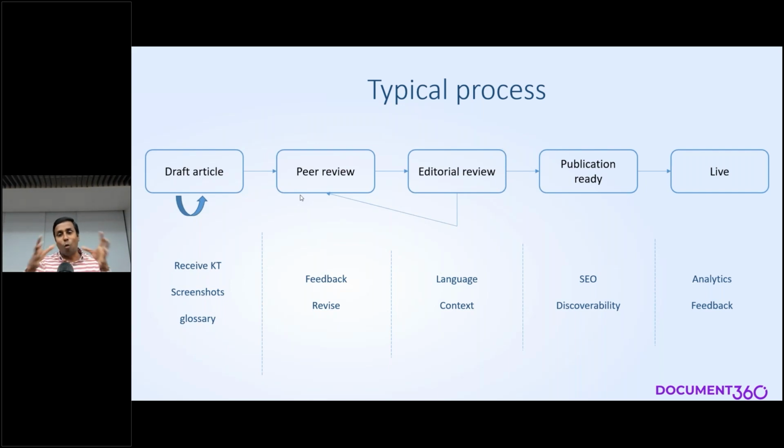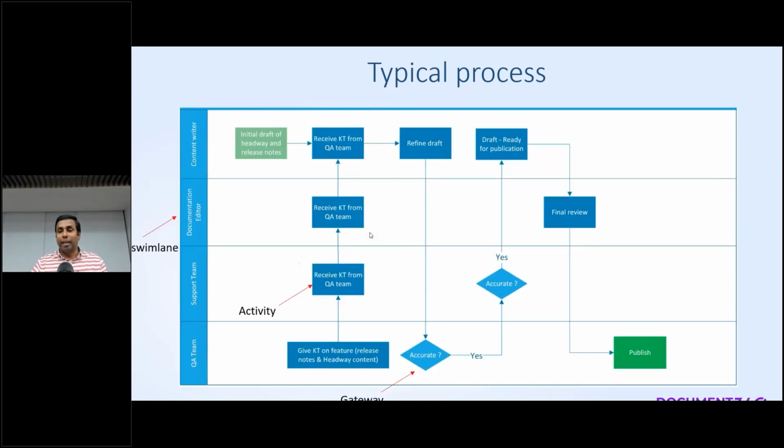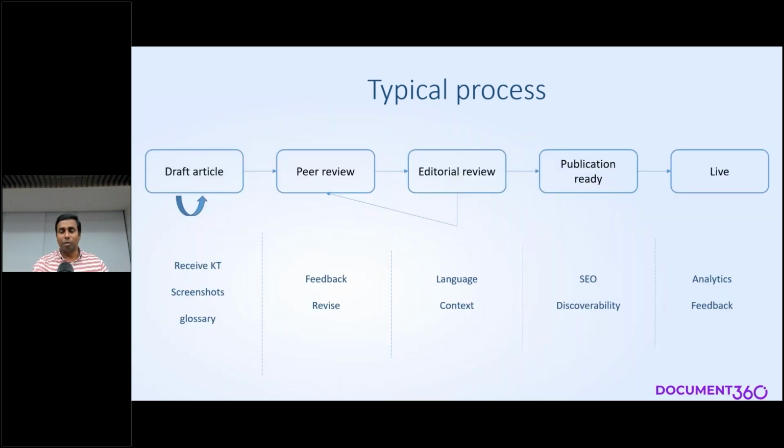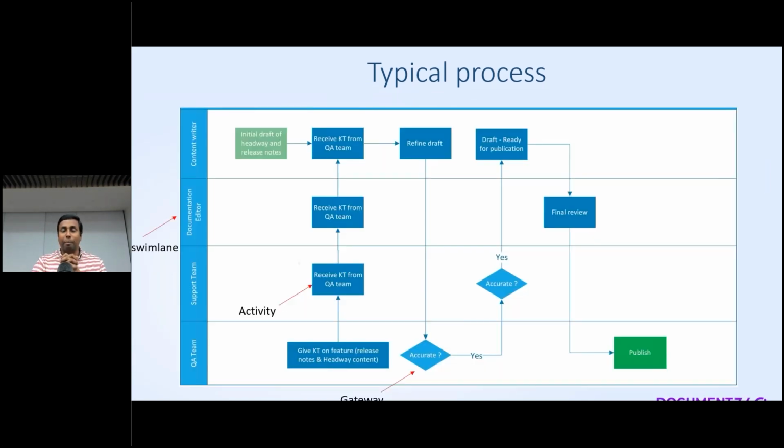Then again, the whole process goes again. So the point I'm trying to give you is, even though it's linear, it's very iterative in nature. And I'm pretty sure, based on the business and domain you are in, you probably have an iterative process as well. So just to translate what I have in terms of blocks into this business modeling perspective,